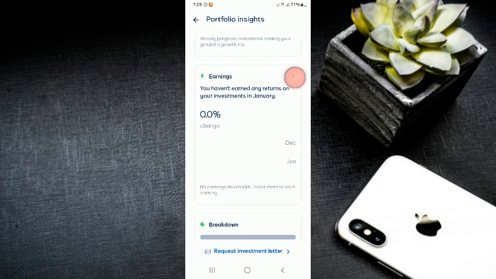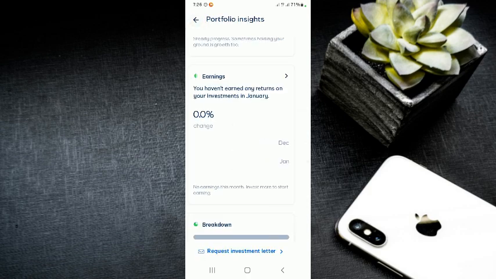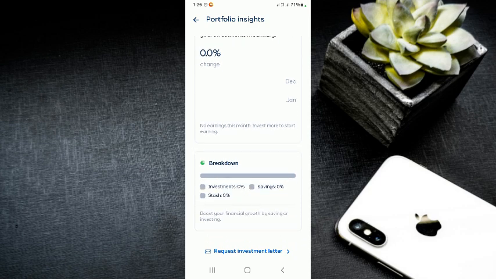So for the earnings, same thing. You click on this, and you will see your earnings from the previous year to the present year. You see your savings, your naira funds, your stocks also, and everything, and the returns you got from it. If you want to see the breakdown,